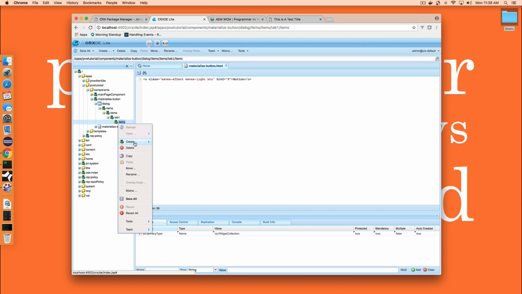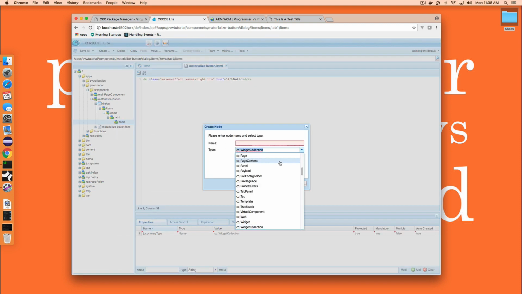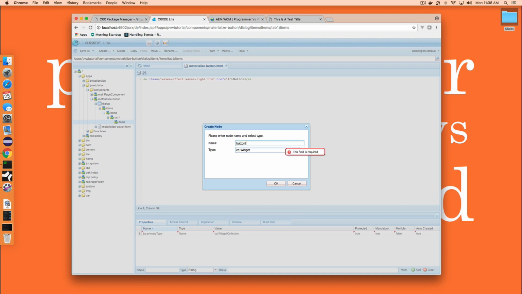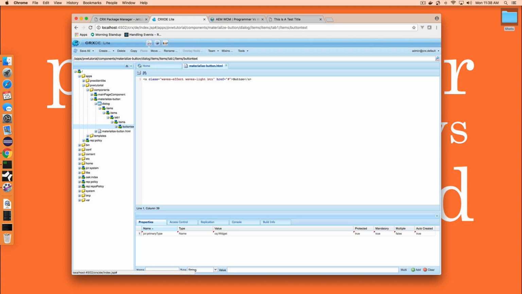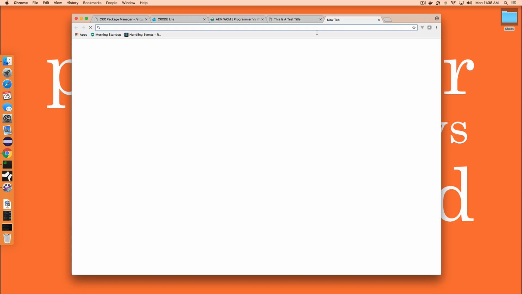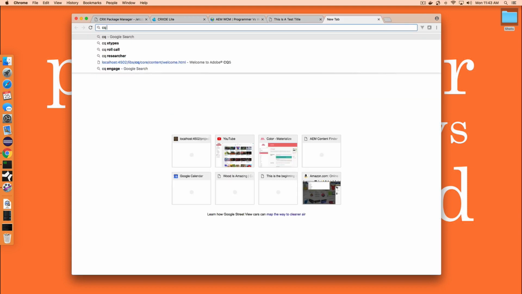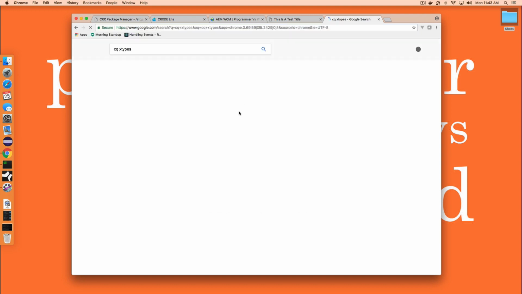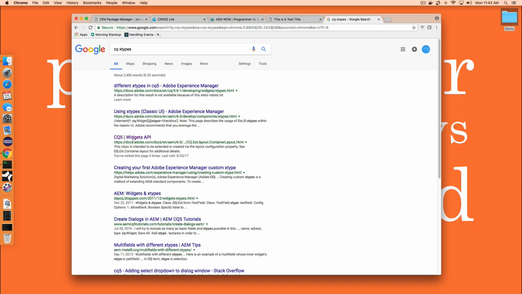And inside of here, we create a new node, and ironically, we're going to call this a widget. I know it's not too intuitive, but we'll call this button text. And save all. So now basically we've created a new widget inside here, and we need to tell it using the ext.js4 x types. I think if I go to CQ x types and I do a search, you can find a lot of the